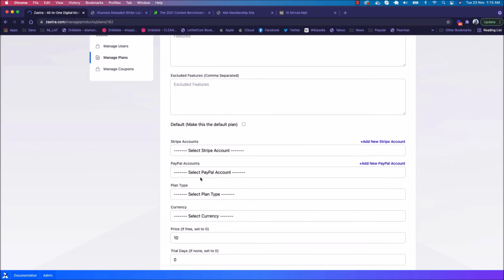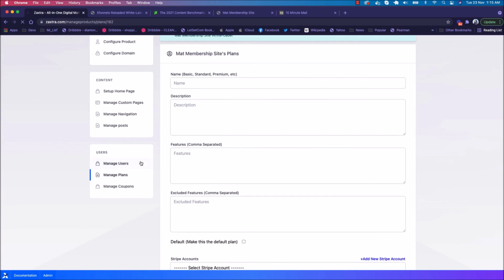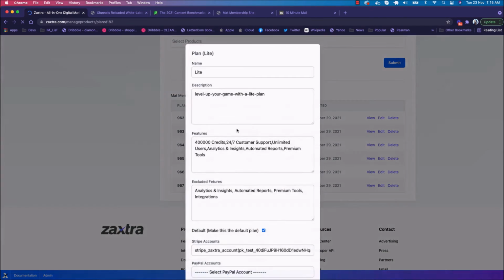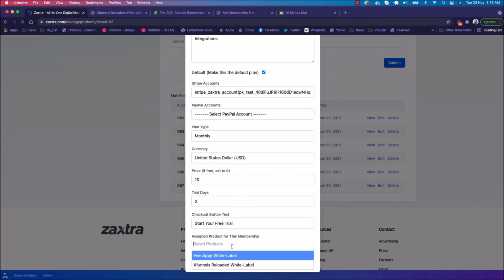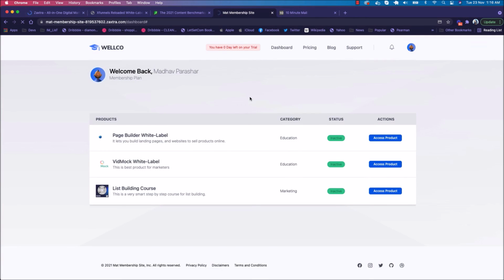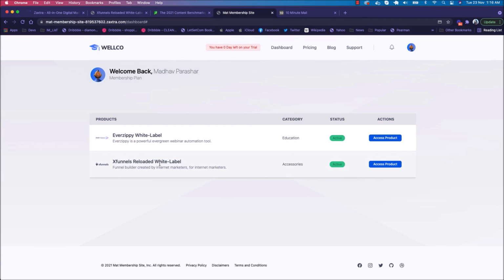Inside the manage plans, when you come here and click on edit, you can assign the products from here, like Everzippy and Xfunnels Reloaded, nothing else. You click on update and that's it. When you come back to this site and refresh, now we have Everzippy and Xfunnels. So you can assign the products as per your licenses and plans for your membership users, so they can log in and access all your new products